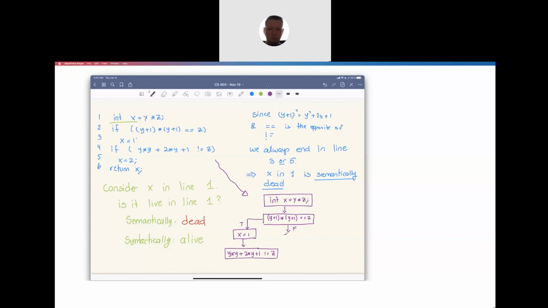I'll actually do that in the true case as well, I just didn't do the assignment. That has the same options. I'm running a little out of space here, so we'll bend this around. If it's true, then x gets the value 2. And after that,